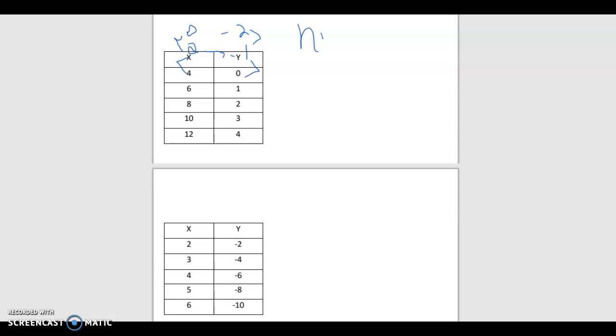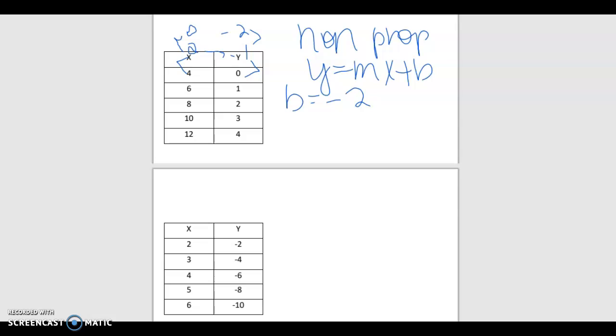So this is non-proportional, which means it's the equation y equals mx plus b. All right, so b is kind of simple to see. It's whatever's across from my 0, which I worked backwards, and I got the -2. And then I'm going to do my slope. So I'm going to do a change